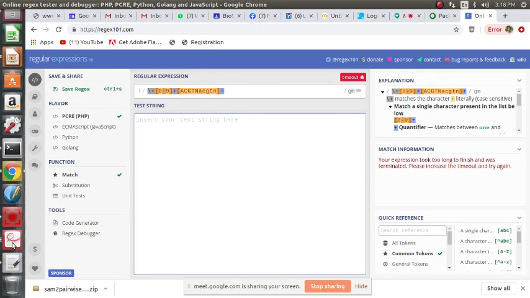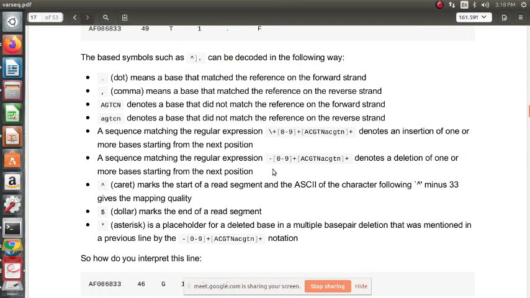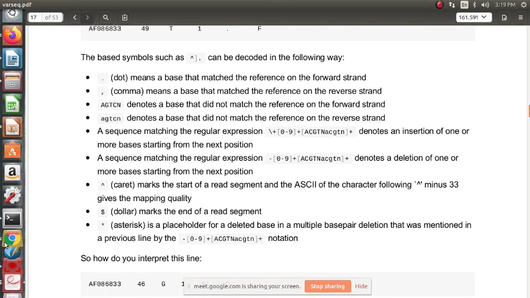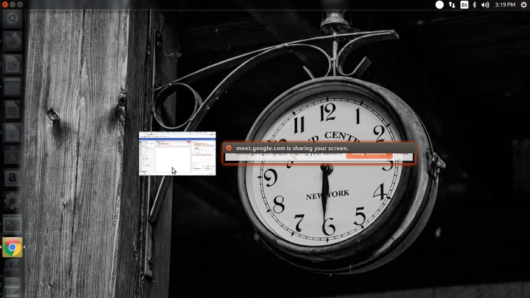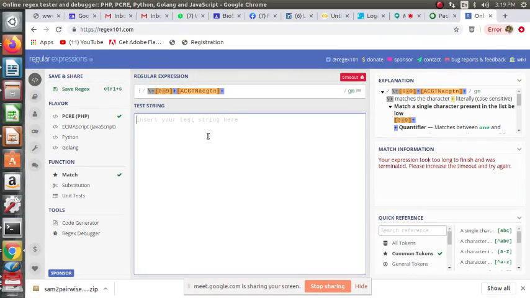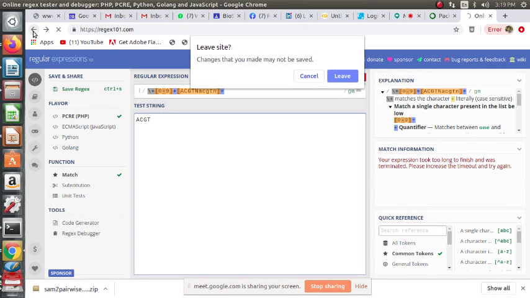The sequence matching the regular expression denotes the insertion of one or more bases starting from the next position. So if we give, for example, a string like this, basically this server is taking time.